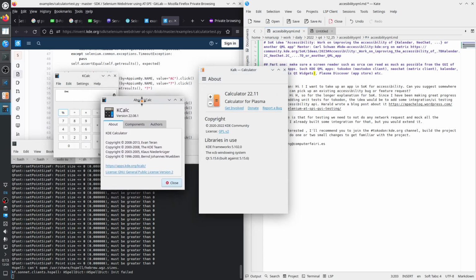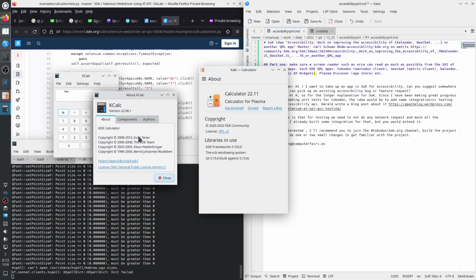In here it is a separate window. About, so KDE calculator, KDE community, libraries in use is in here a tab, and in here is a list. Authors, donate, report a bug, license, so license is this part, GPL v2,